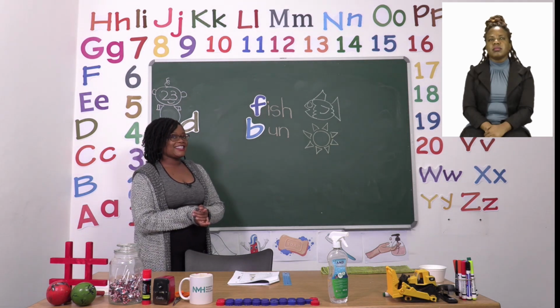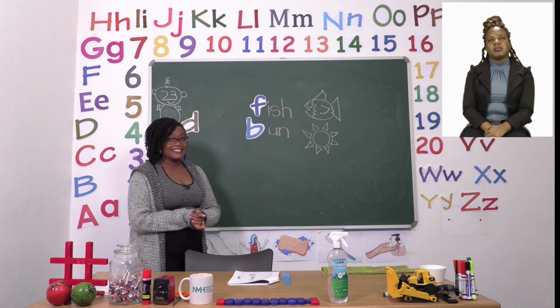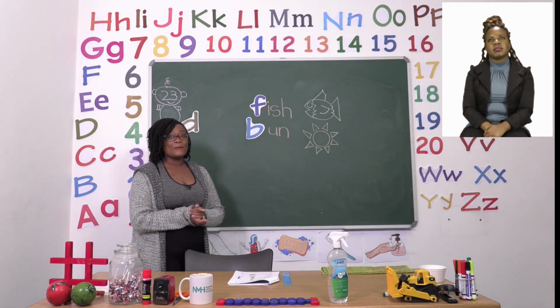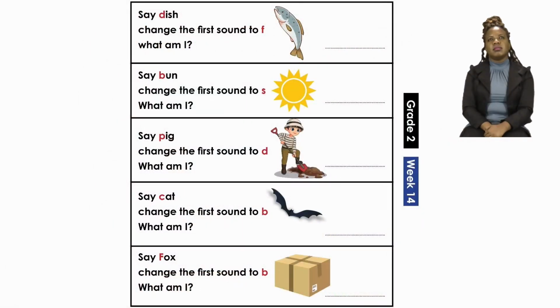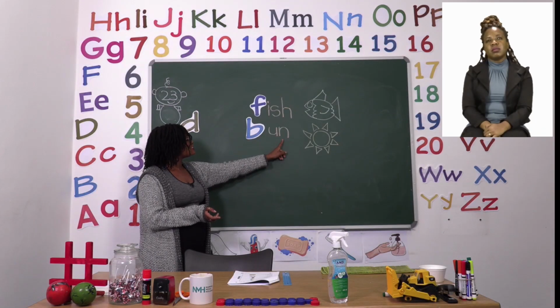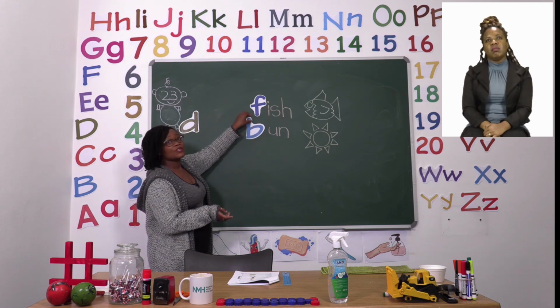Now let's go to the second one. Let's take a look. It says, say bun. Change the first sound to s. What am I? Let's read it again. Say bun. Change the first sound to s. What am I? Now let's take a look at the board. We have said the word bun, and we have even written it. So if we remove the first sound, b,